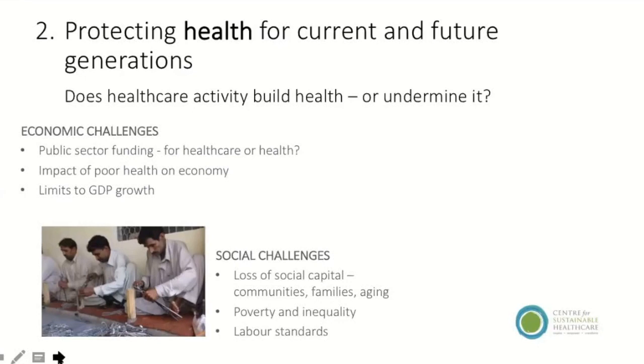One thing that's highlighted in this picture is that I think many people are unaware, particularly clinicians, that the supply chain for the health system, and I'm sure this would apply to Canada as well as to the UK, actually has some very shocking labour standards, or lack of labour standards, throughout it. And you don't have to go too many steps back in the supply chain, particularly of things like medical instruments, glove manufacture,